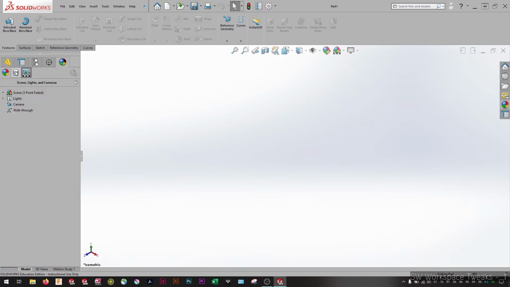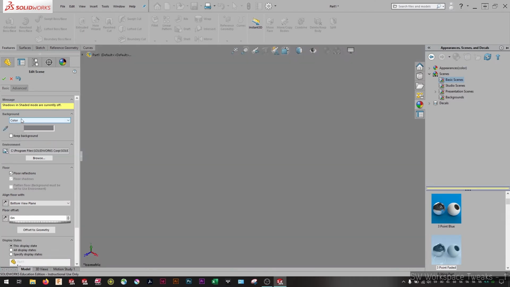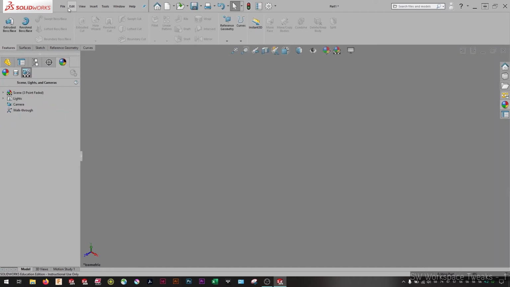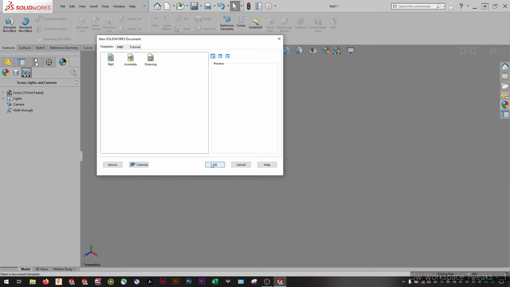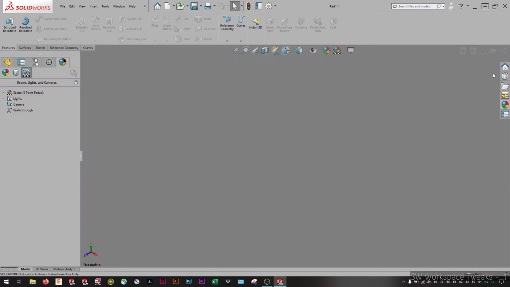When I go to the beach ball, I'll click over here to the View, Scene, Lights, and Camera, and I'll click Edit Scene. Here, I can change the background from image to color, and I like that color. The only problem is, every single time I create a new part file, I would have to do that. Here's part number 2, and it's got that horrendous background. So what we're going to do,